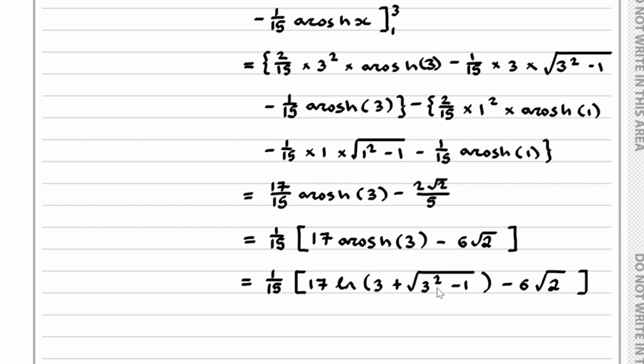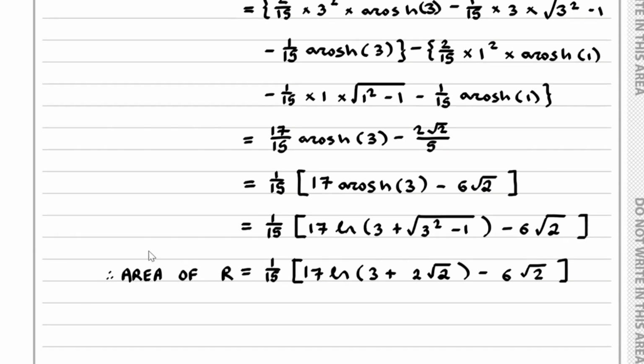So this over here simplifies to 3 plus 2 root 2. So we've got 1 over 15 multiplied by 17 times by the natural log of 3 plus 2 root 2 minus 6 root 2. And then let's close this big bracket. So this here is the area of our